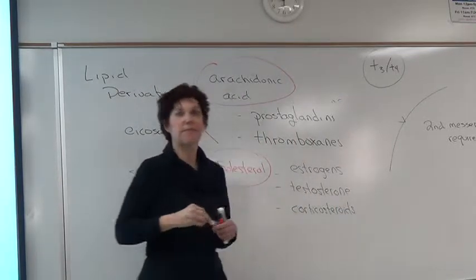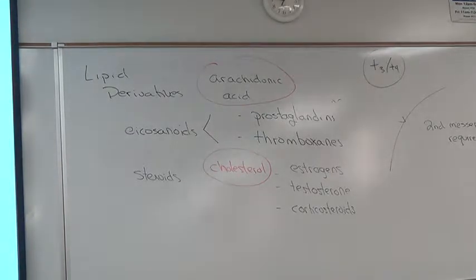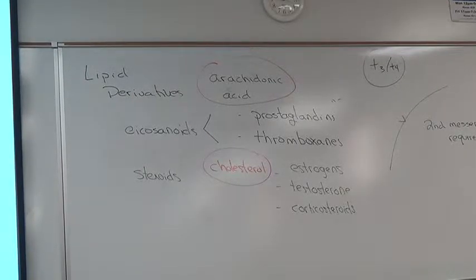So if someone's using a cream because of inflammation, or taking an injection for arthritis, or prednisone for lupus, some kind of inflammatory condition, those are all corticosteroids. So obviously we're going to look at these in more detail, but as far as recognizing them as a class,